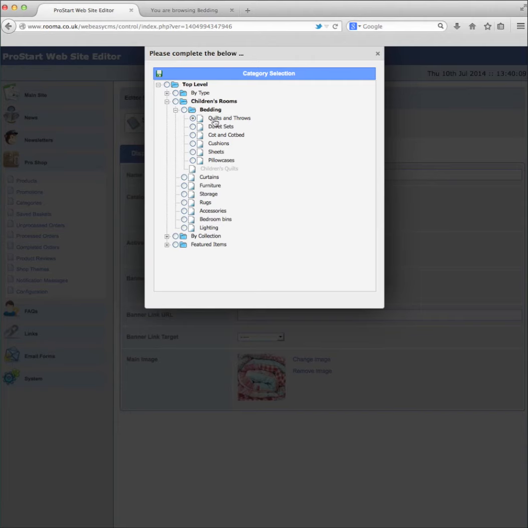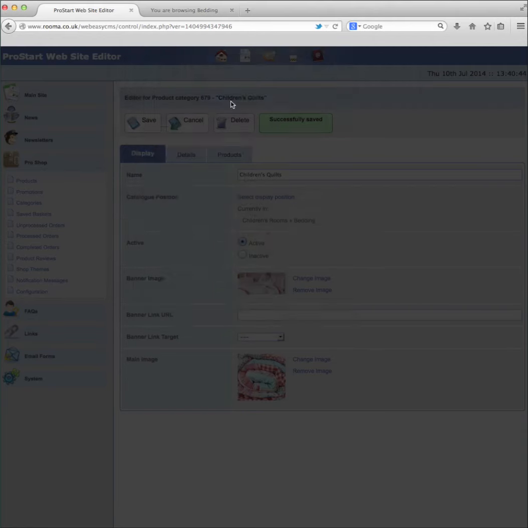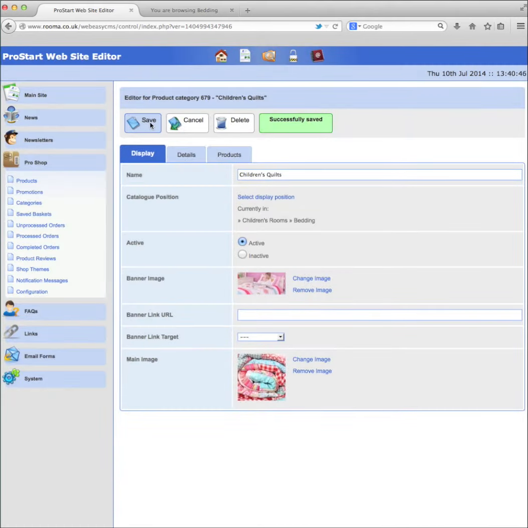So now we've put this category inside quilts and throws. So when I click save using the icon here, and then we close using the little cross and save the page,